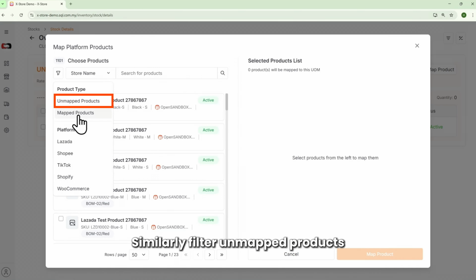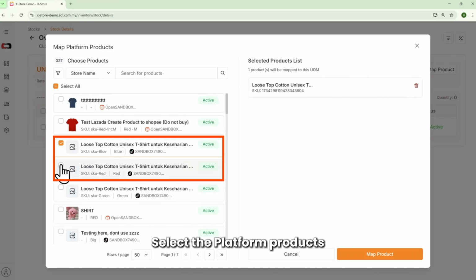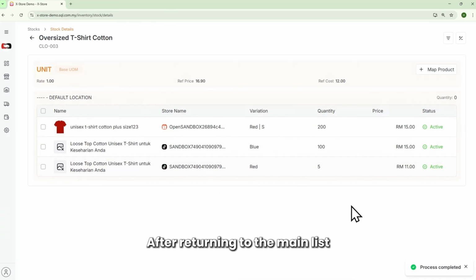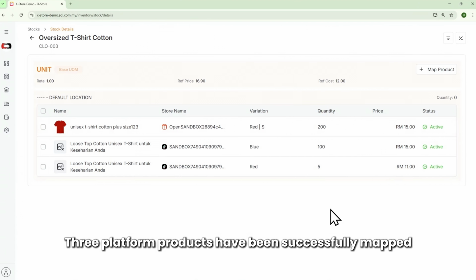Similarly, filter Unmapped Products, select the platform products, and click the Map Product button to complete the process. After returning to the main list, you will see that 3 platform products have been successfully mapped to this stock